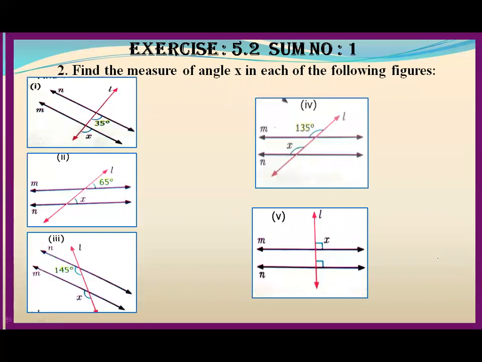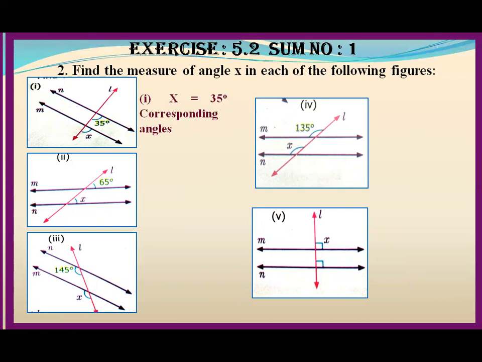Now let's move on to the second one. Find the measure of the angle in each side of the transversal. So the first one, you have one interior, one exterior, and on the same side, and they are F-shaped. When they are F-shaped angles, they are corresponding angles and they are equal for parallel lines.